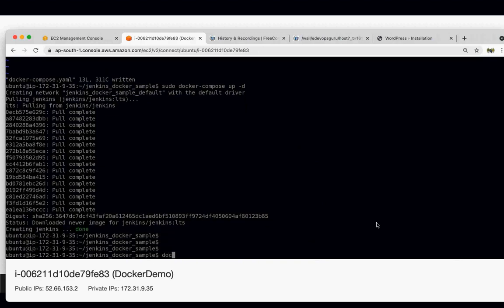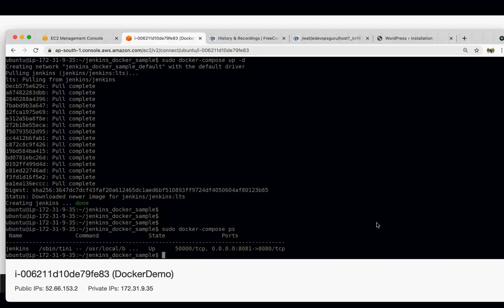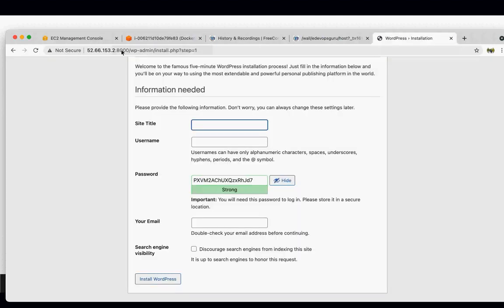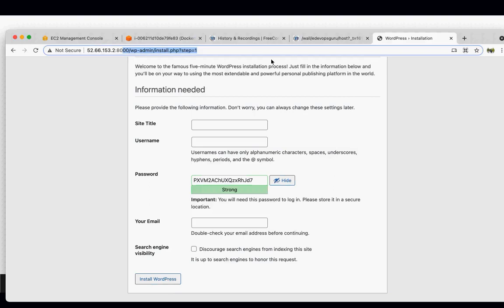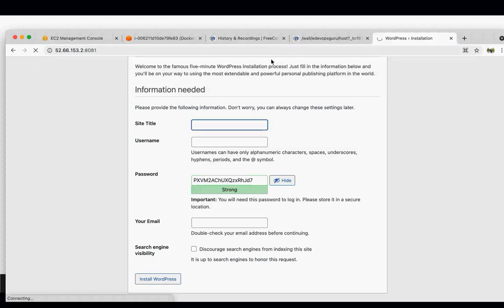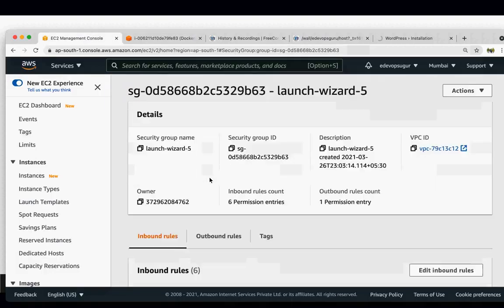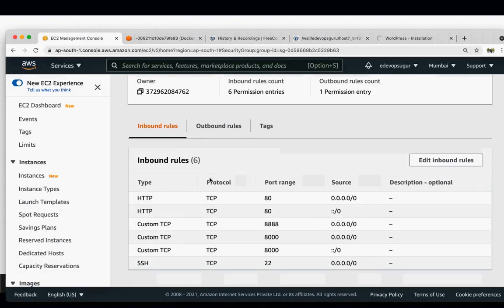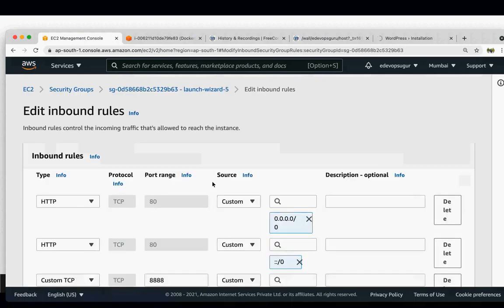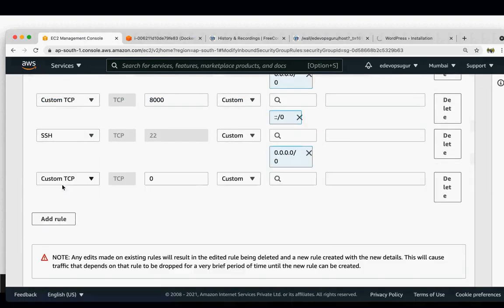If I see sudo docker compose ps, you see now we have Jenkins running on port 8081. I hope I have enabled port 8081 in the security group. Okay, I guess in the security group we don't have 8081. Let's add 8081 also.